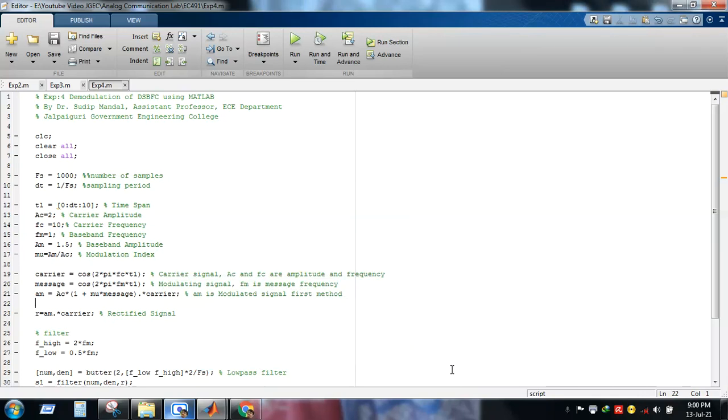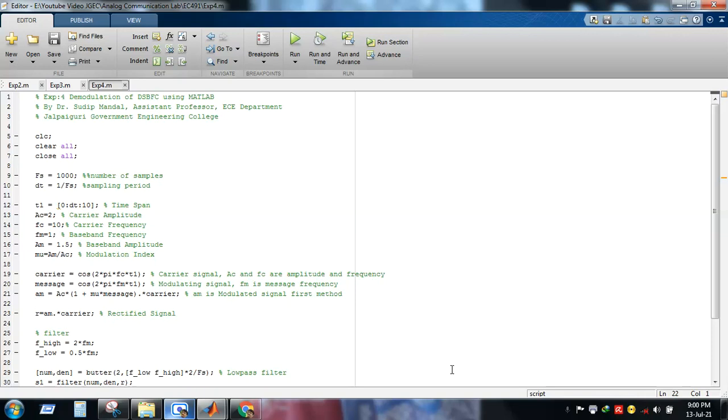So in this virtual lab, we shall observe the respective MATLAB code for the demodulation of DSBFC signal. The title of the fourth experiment is demodulation of DSBFC using MATLAB. Before starting the respective MATLAB code for the demodulation of DSBFC, let's revise the theoretical concept of demodulation